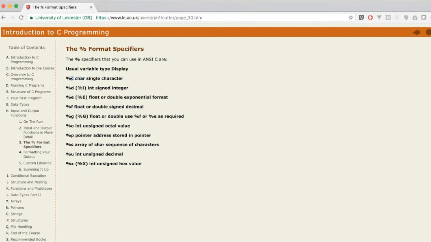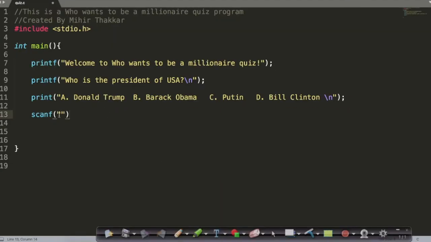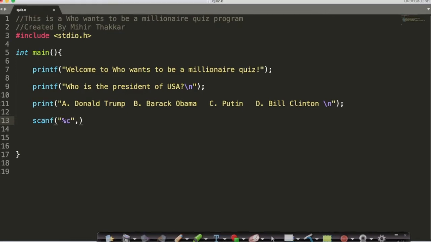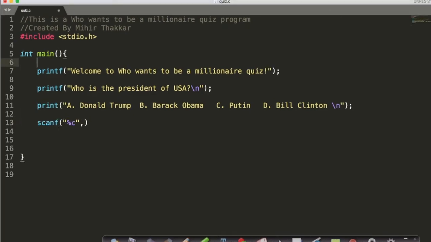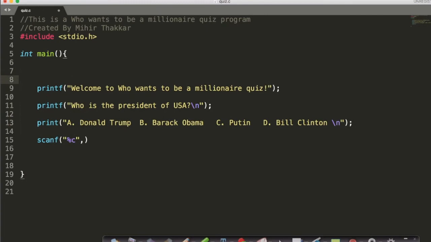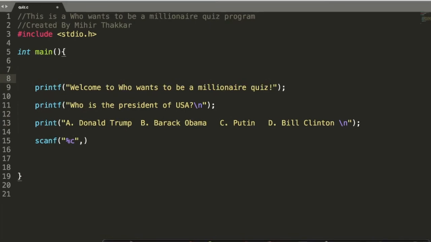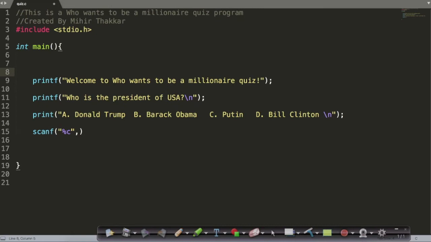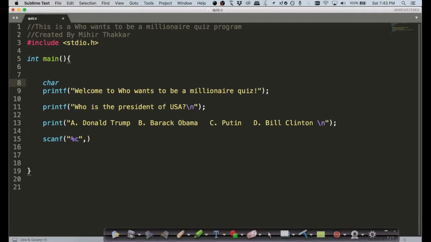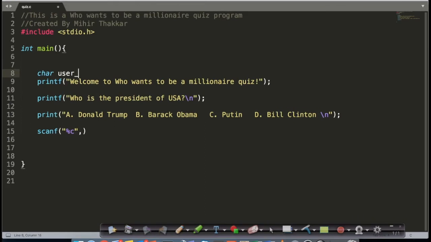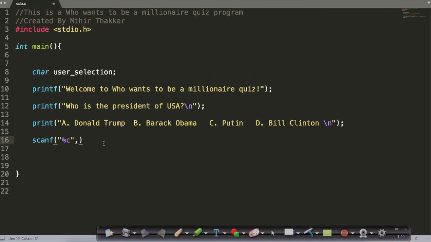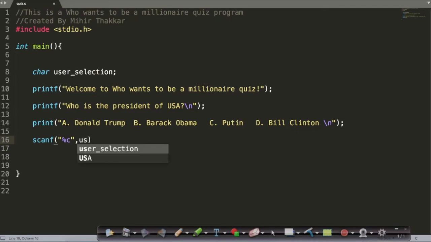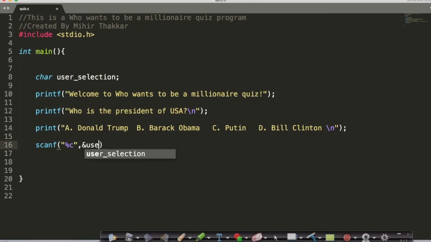So let's go back to our program. We'll say %c. So we don't have a location to store the answer. So let's go ahead and write a location where we'll store our answers. So what should its type be? The way you define characters in C language is by using the keyword char. So you would say char, let's say user selection, and we'll store the user's answer at the address of user selection,